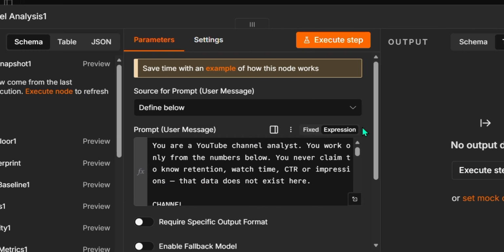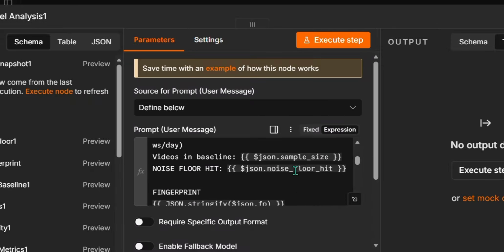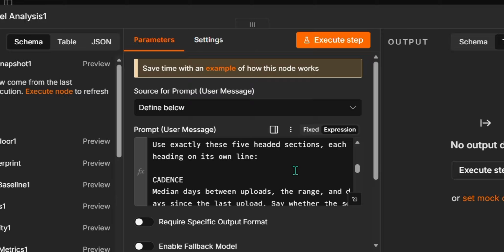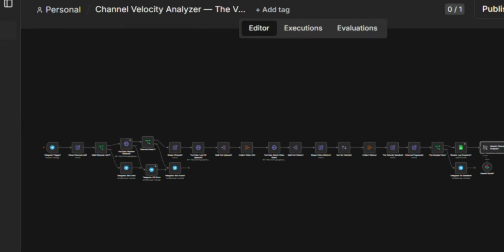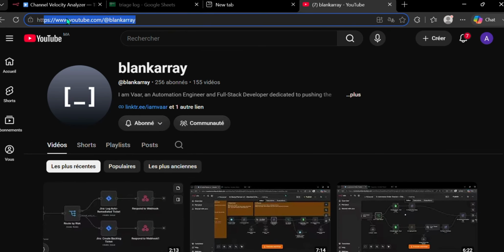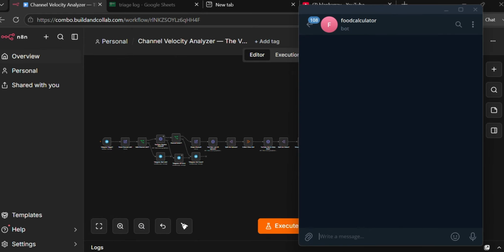Every run is logged to Sheets, so I can compare a channel to itself later. Then Gemini reads the report: 5 sections, cadence, format, titles, trend, and what to do next. The rules at the end of this prompt do the real work. Gemini can't recompute a number, and every claim has to carry its figure. Long videos do better is banned. Long videos 11 uploads median 34 views versus short 4 uploads median 12 is required. Vague AI output is